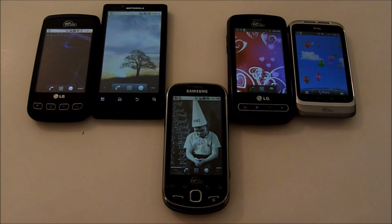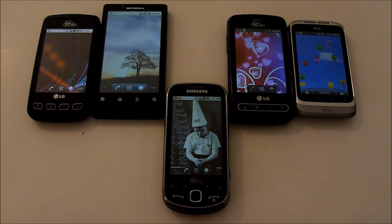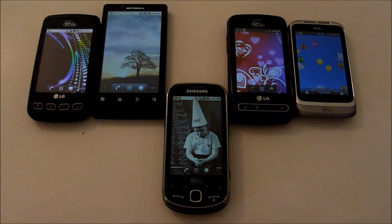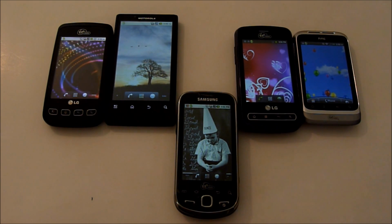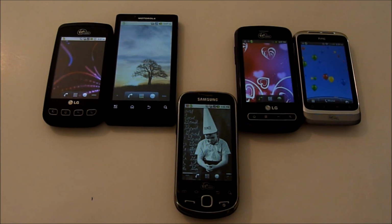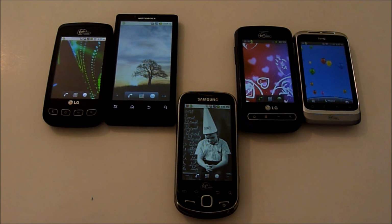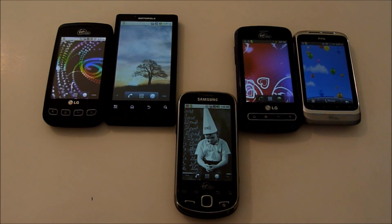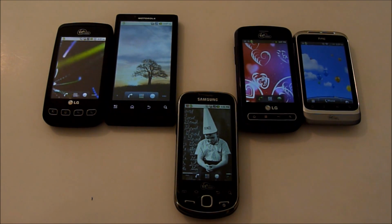Screen size and resolution for the Samsung Intercept is a 3.2-inch glass capacitive touchscreen, 240 by 400 pixels. With the Samsung Intercept, it comes with Android 2.2.2, and that's after the release update. It has an 800 MHz CPU, no dedicated graphics, 256 megabytes of RAM, 512 megabytes of ROM, 3G, Wi-Fi BGN, Bluetooth 2.0,